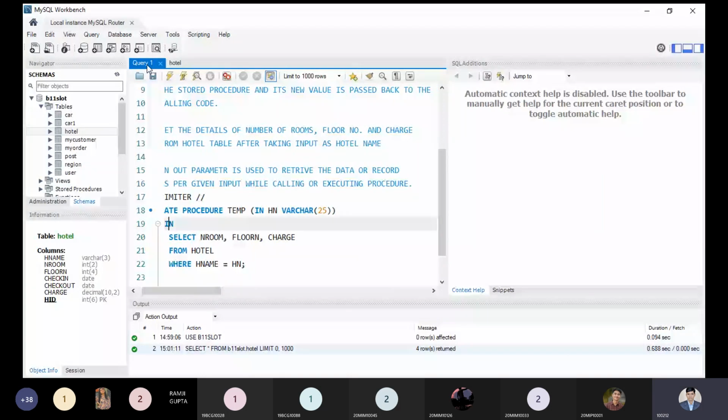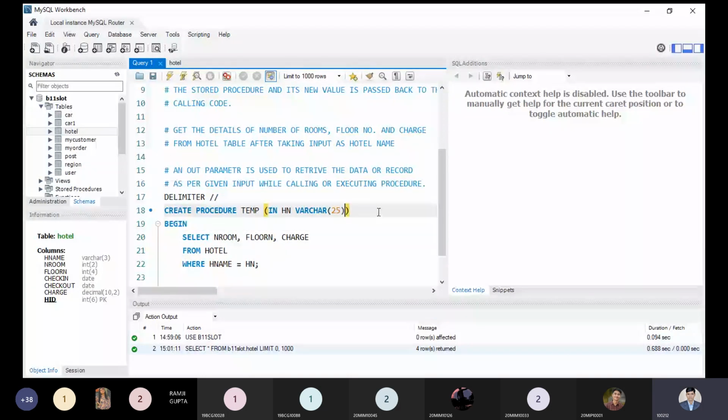So unlike the in parameter, I have to use the out parameter. Just like the in keyword, I have to use the out keyword. So out, and I can write over here res, my result. This is not a user defined variable. This result can be in the form of varchar or integer.